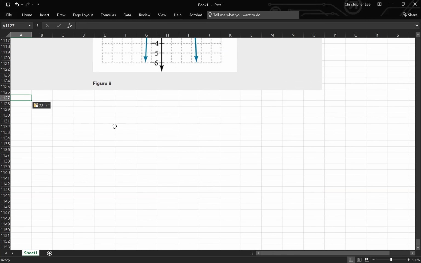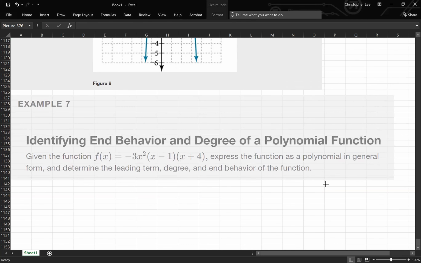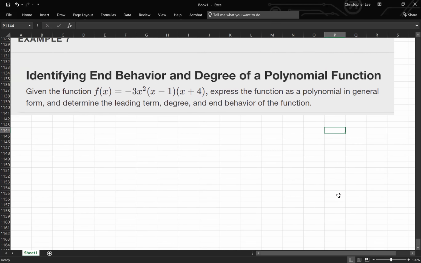Are you seeing a question like this now? Given the function f of x is equal to negative 3x squared times x minus 1 times x plus 4, express the function as a polynomial in general form, right? And determine the leading term, degree, and end behavior, right? I don't feel like multiplying this out because I know y'all know how to do that already, so I'm not gonna even ask y'all to do that, right? But